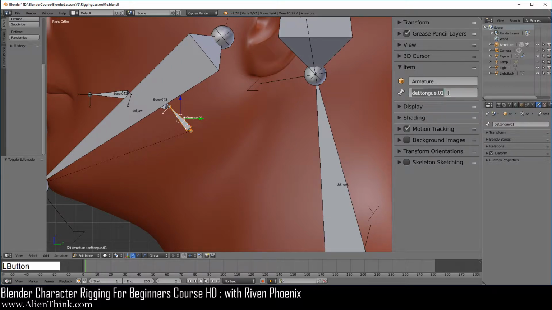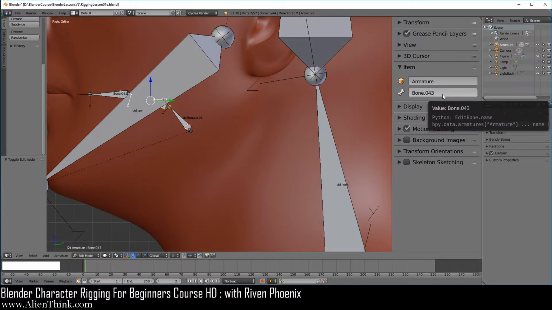Or if you click inside, you can see that you can select it and then do Control C. But it's easier to just hover your mouse and then do Control C. Now what you need to understand about this process is that when I click on this bone and hover your mouse and then do Control V, it's automatically going to add a .002. It's because it saw that you already had a bone defined like this. Okay, so I'm going to just remove this over here for now and press the enter key.